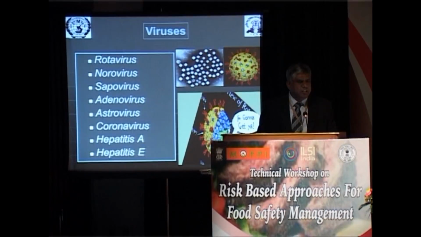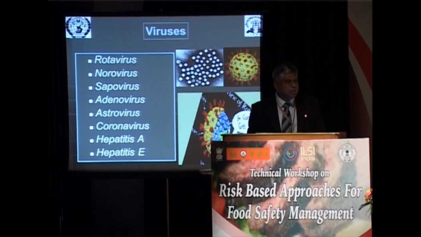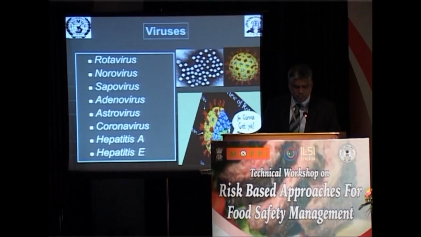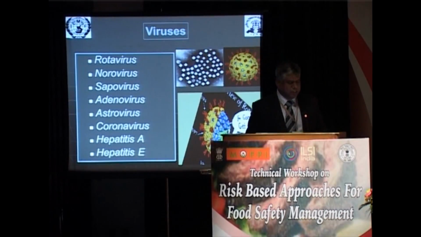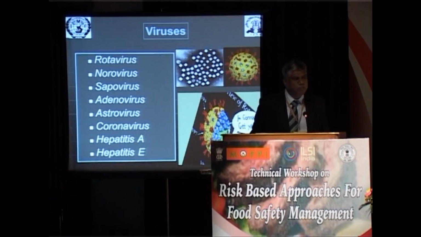With advancement in detection techniques, viral pathogens are now gaining more and more importance, and in several developed countries these pathogens are the top rankers in the cause of foodborne illnesses. Like norovirus, which is a very important pathogen causing the largest number of foodborne illnesses in USA. We have many cases of rotavirus in under 5 age children, and about 1 lakh deaths are reported every year in children due to this rotavirus.